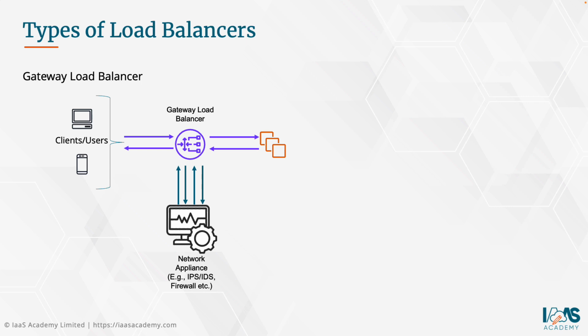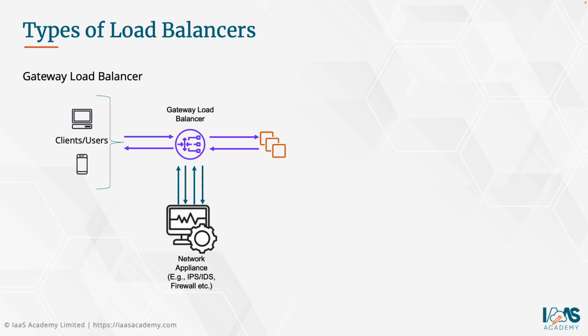Whilst all of this is happening, the actual web servers are unaware of the fact that the traffic has actually gone through that network appliance. The load balancer takes care of all of that interaction without affecting the end web server or the client in any way. If the traffic is not accepted, it is dropped. So essentially what happens is the client will send the traffic in, the gateway load balancer would forward the traffic onto the network appliance, and if there's some problem with that particular packet of data, it is simply dropped in this scenario. Okay, and it never gets to the web server. The end resources are unaware of the actions being performed by the appliances,